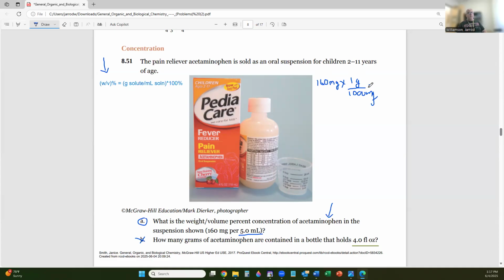And that'll be 0.16 grams of acetaminophen. We're assuming this is 2 sig figs, kind of the way it's written here, and this is 2 sig figs. So the weight volume percent here will be